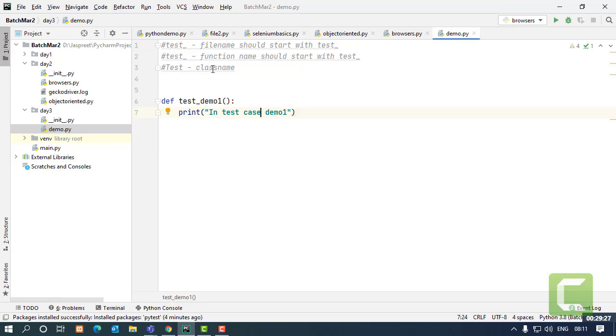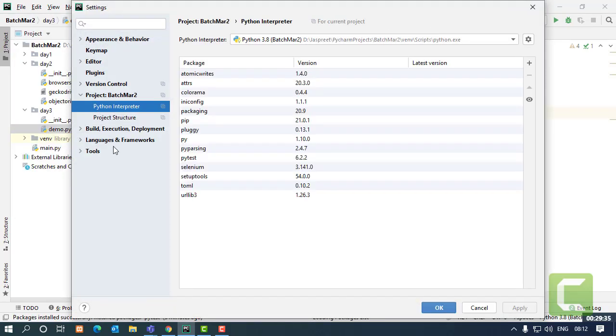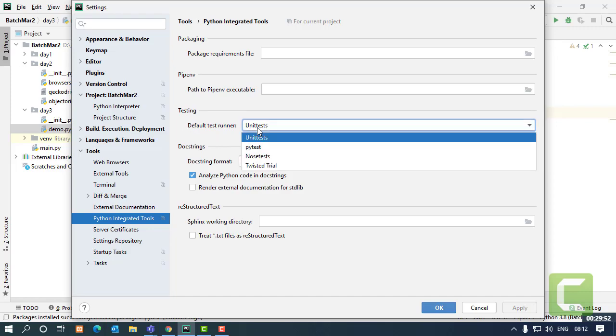I'll show you how. Firstly, you need to make a change in your settings to use PyTest. Go to File, Settings, Tools, and in Tools, Python Integrated Tools. Here different things are given. You have to change into the testing section. Default test runner is some other framework.